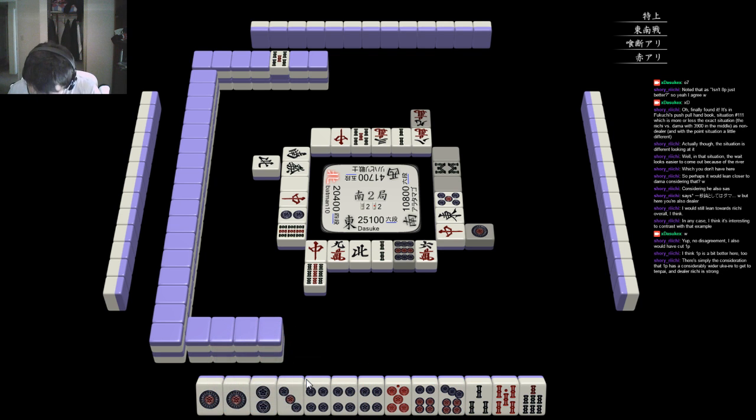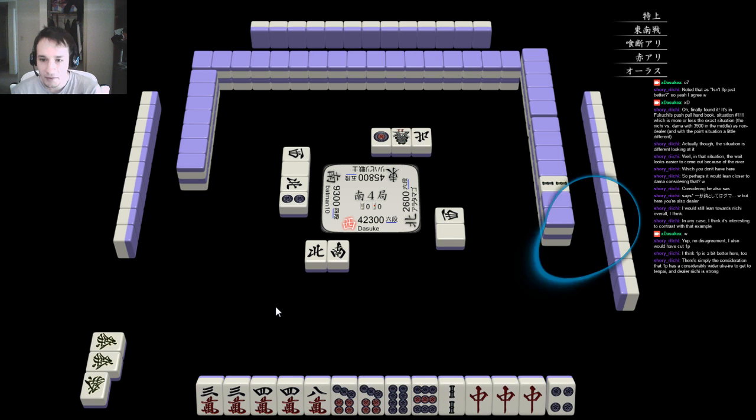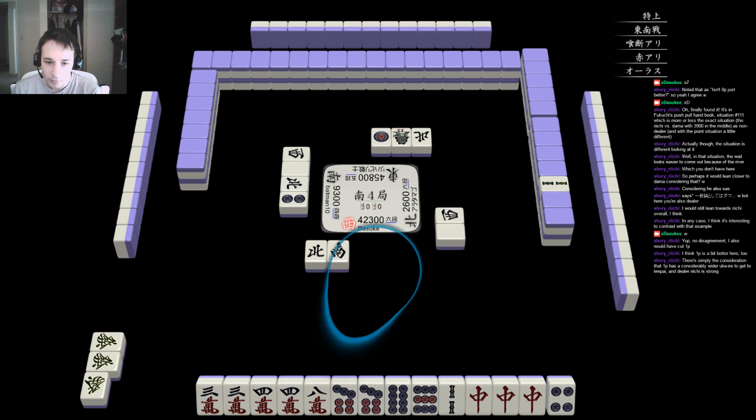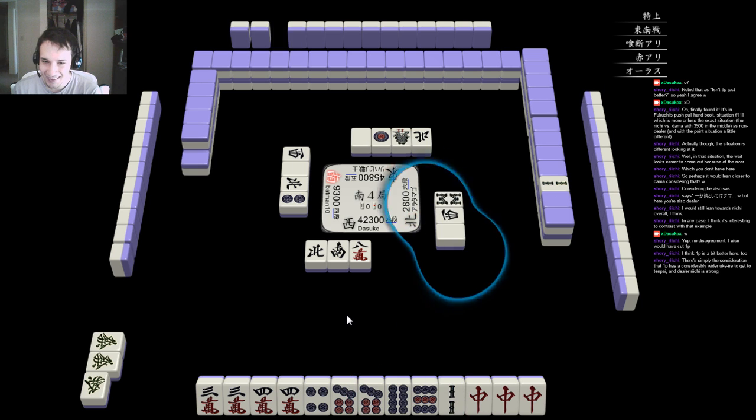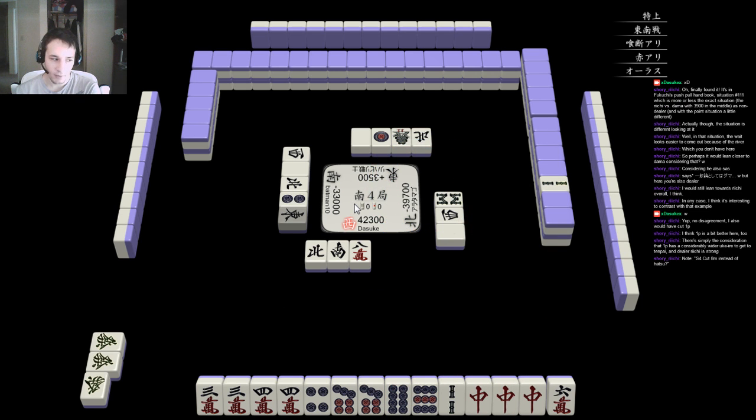Okay, next up. I think this is the last one for this game. South 4, 4th turn. Or maybe I meant the next turn, because this one looks like it should be 8 mon. Okay, yeah, here we go. What do we throw here? So the difference between us and dealer is 3,500 points. Cut 8 mon instead of...